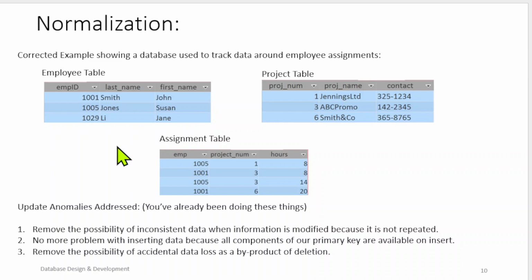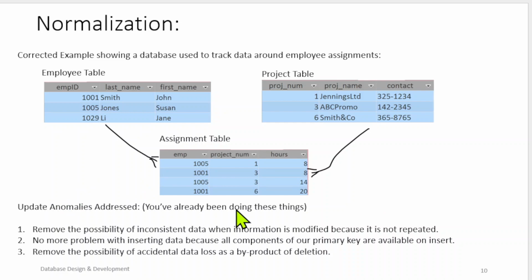And this assignment table, if we're paying attention, if we were to draw some lines, let's go ahead and draw here. There we go. I'm going to draw a connection here and a connection here. Now, if we were to use crow's foot notation, you'd say right here, this is a one-to-many and a one-to-many. This is how we get away with the many-to-many by putting a little table here in the middle. So